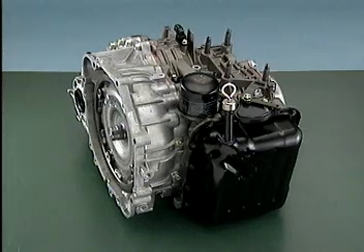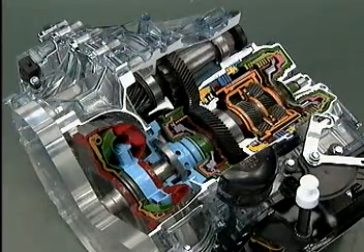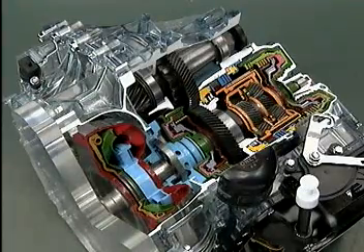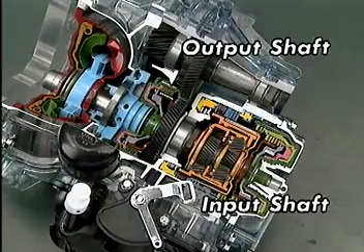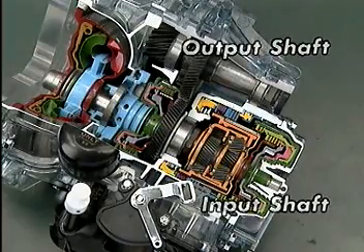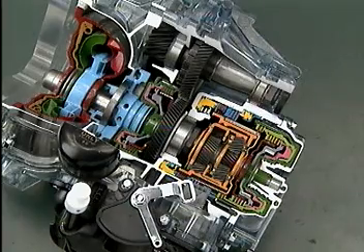New model technology on the Mirage also includes the addition of 2 new 4-speed overdrive, electronically controlled automatic transaxles for 1997. The F4A41 is used with the 1.5-liter engine, and the F4A42 is used with the 1.8-liter engine. Because of the new east-west mounting, both transaxles also use a 2-shaft design instead of the 3-shaft design used in a west-east mounting application. The 2-shaft design results in higher efficiency and lower noise due to less moving parts and